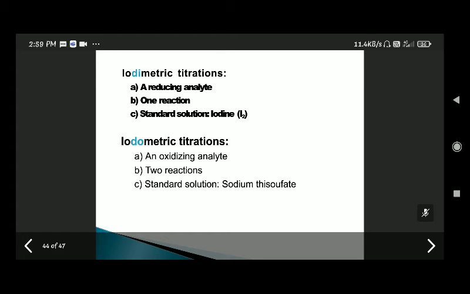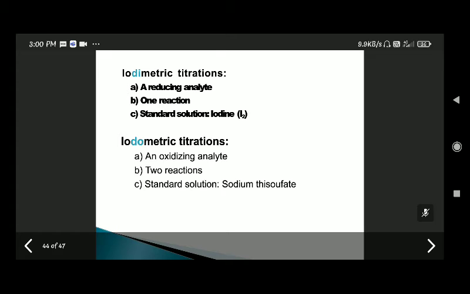In acid medium, it is 1.51 volt, so it's a powerful oxidizing agent in acid medium. Similarly, for the ferric/ferrous system, the value is around 0.77 volt. All these points you have to write when you write the theory of